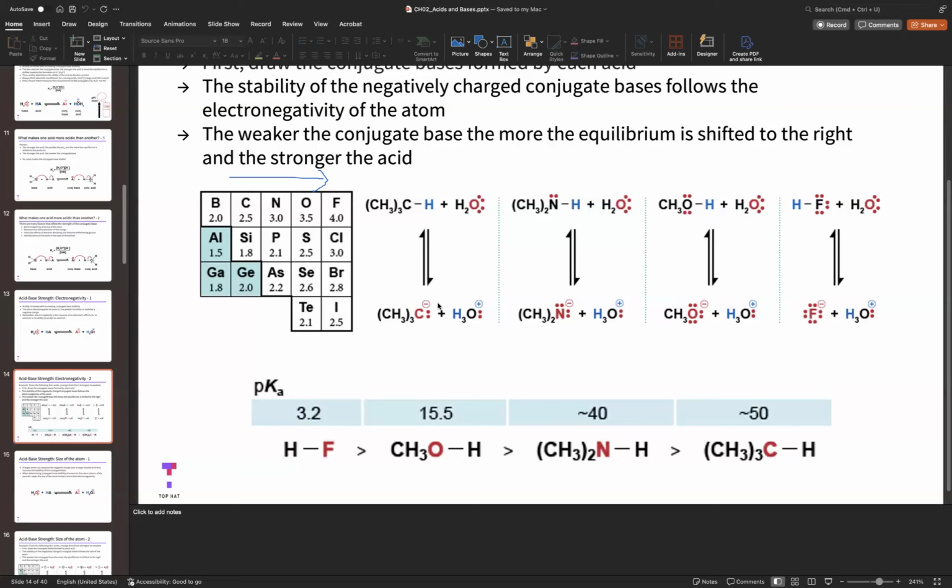Now, when we look at the conjugate bases here, fluoride, methoxide, dimethyl nitride, and tert, this would be tertiary butane, so tert-butanide ion. These are the four. Of all of this,